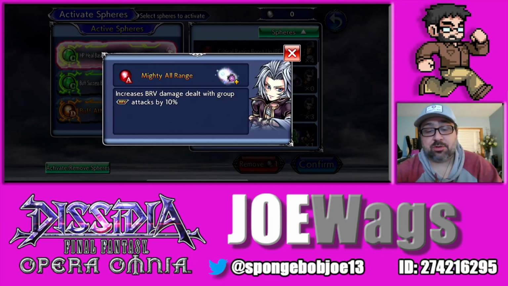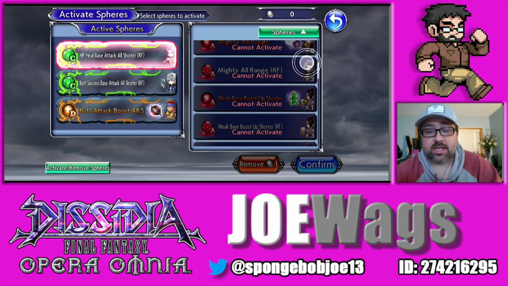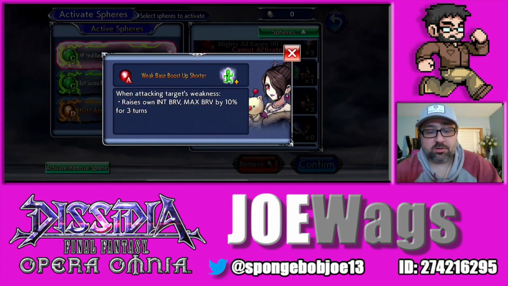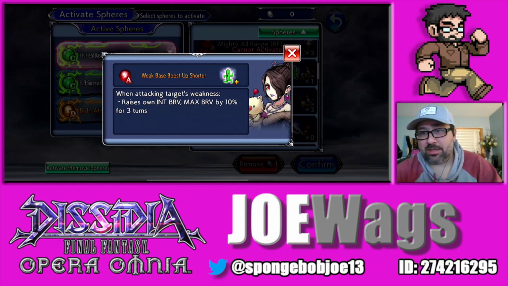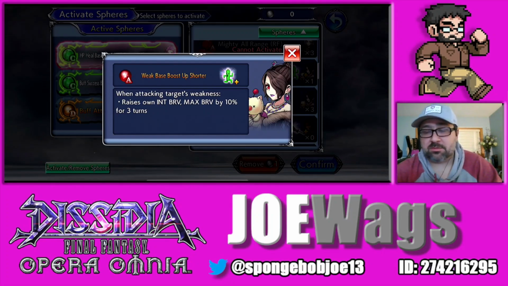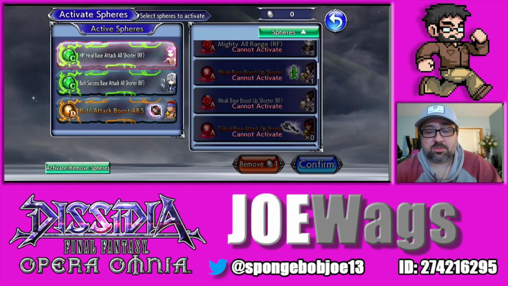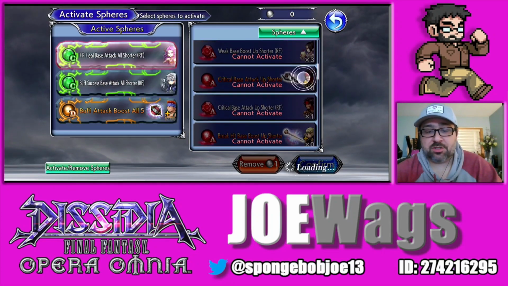Kuja, brave damage with group attacks. That's actually a very good one. If it's an AoE character, Kuja's is actually very good. Lulu, who's coming up. Int brave, max brave. So once again, probably can chuck Lulu's unless you have some type of battery character that you really want the int brave. But I would say Lulu's is probably chuckable because once again, A spheres you want brave damage,